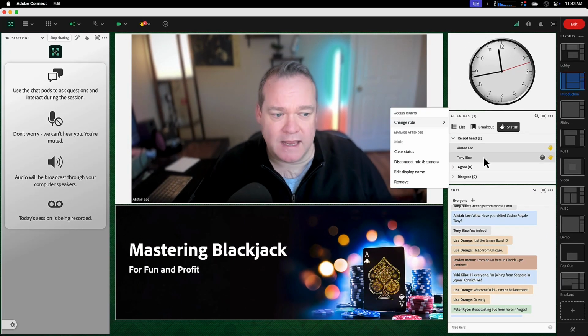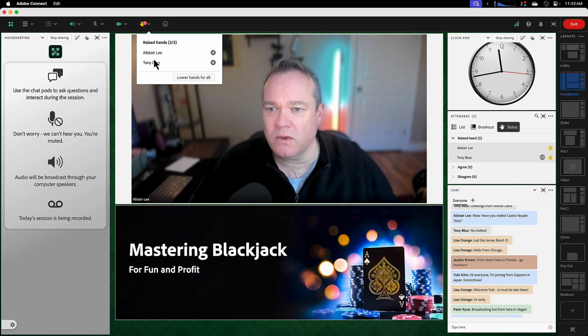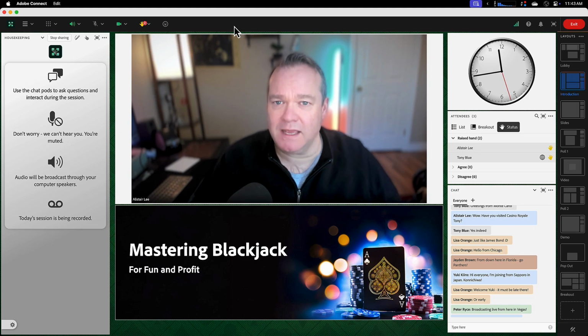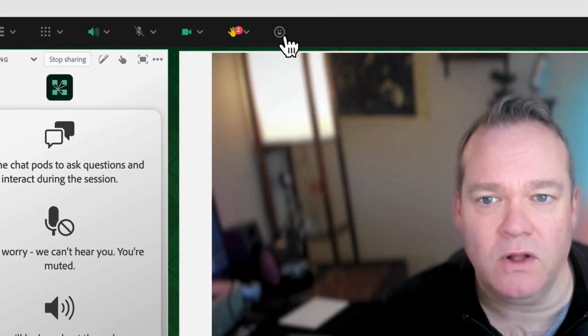In addition to raised hands, you can also see agree and disagree. Those are no longer located under the raised hand menu. There used to be a number of status options, including things like applause and like under the raised hand menu. They were a little bit hidden, and so we've given them new life in their own menu that's now called